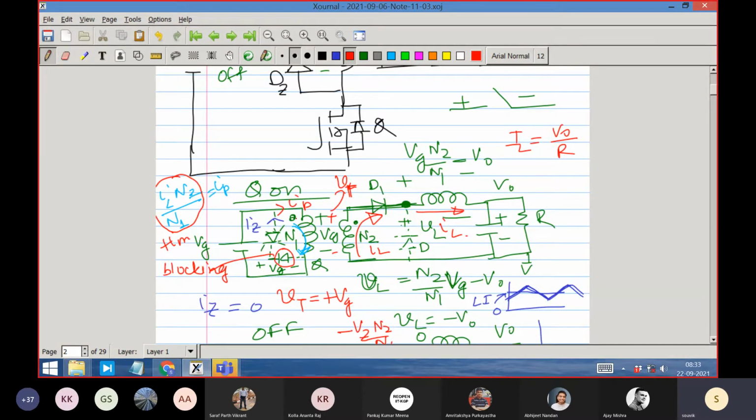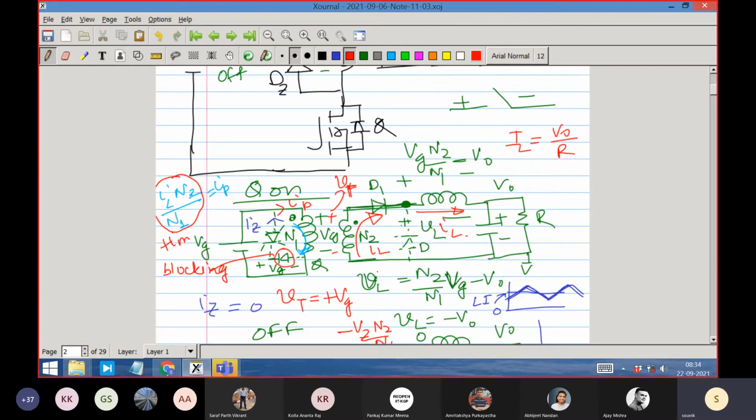Where is it flowing? Primary side, dot to cross, which will counteract the cross to dot current in the secondary. So that is cancelled. The load component of the current is not raising the flux level. The load component current is very, very big. That is the very big part of the component. That is how the power balance is happening. The transformer is sending energy from one end to another end.